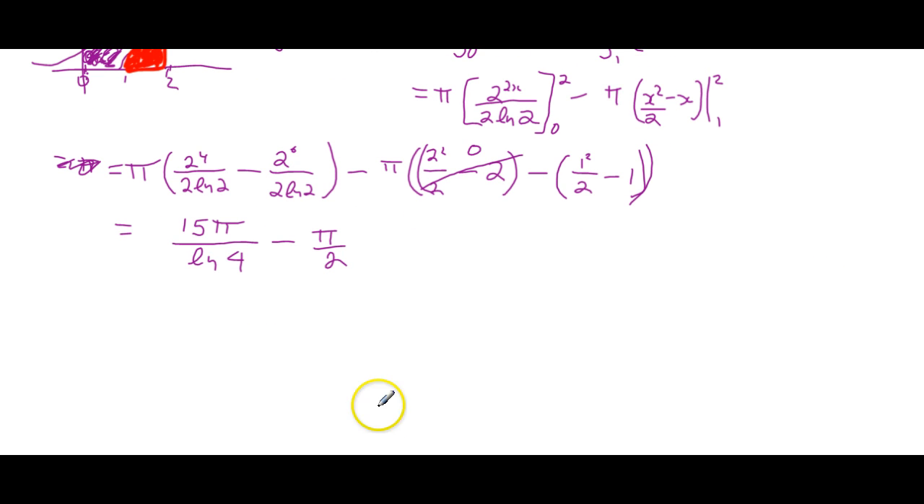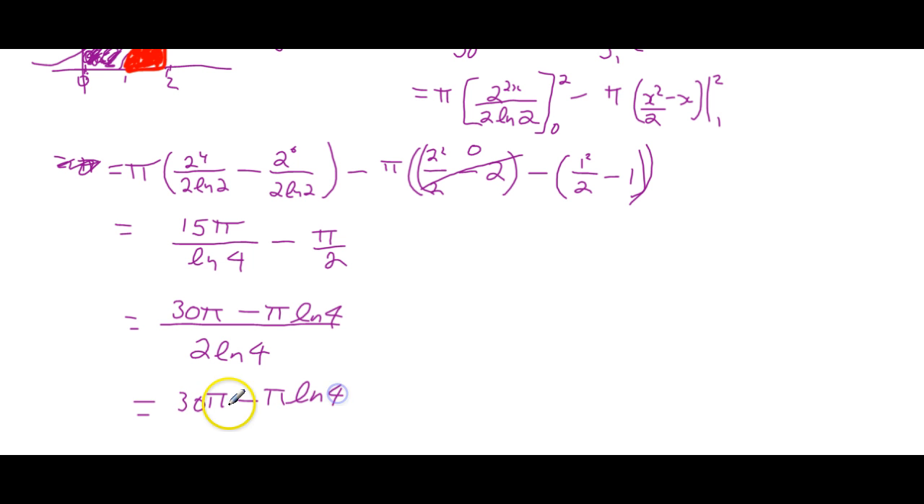Okay, so maybe that's it, or maybe we have a common denominator of 2 ln 4, right? Multiplying these. So the 15 pi needs a 2, so that'll be 30 pi. And the pi is going to need a ln 4, so minus pi ln 4. And ultimately, we can go 30 pi minus pi ln 4 over, and the 2 can come up here, so that could be a ln 16, and now it's cleanly done. And you can